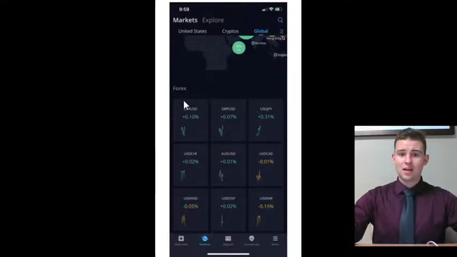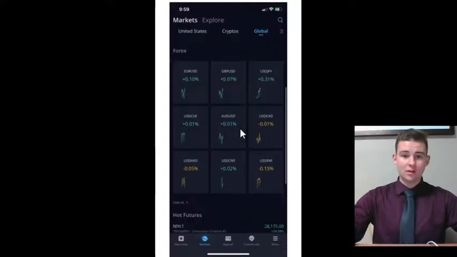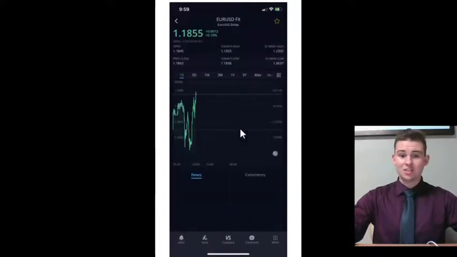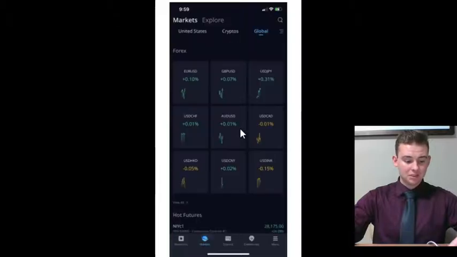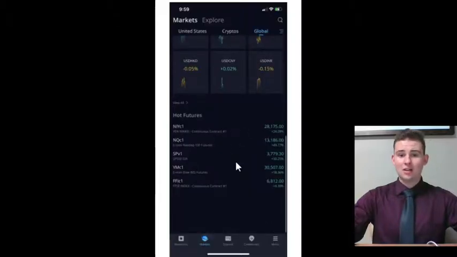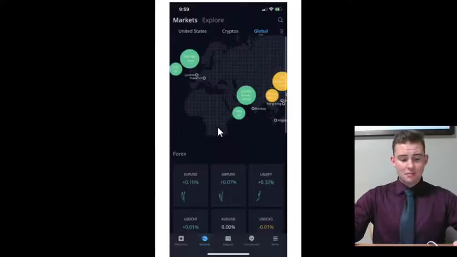This right here is Forex. What Forex stands for is foreign exchange. It's the foreign stock exchange markets. It's pretty cool. I mean, if you go ahead and click on them, it's the Euro US dollar. Pretty cool. And then down below you have the hot futures. If we go ahead and go right back up,